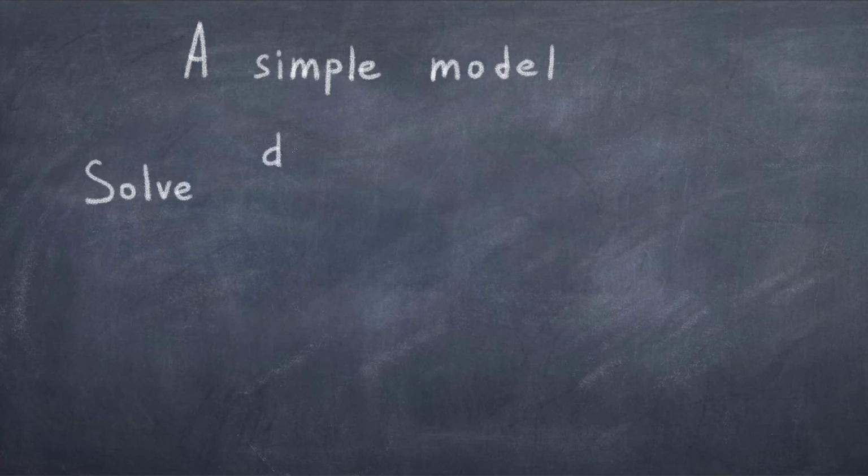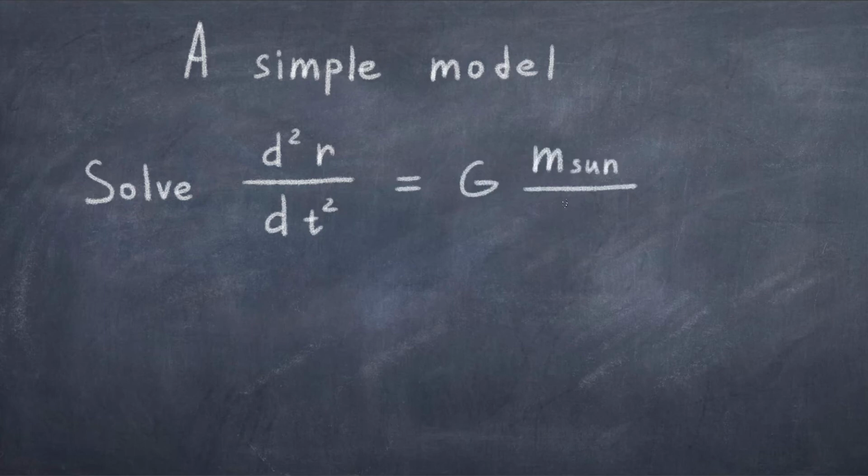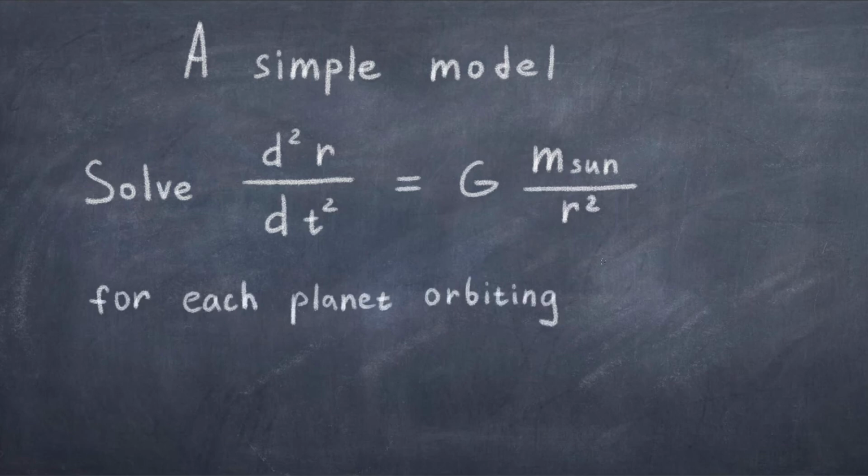As discussed earlier, our solar system has a lot of planets, and so far we've only been able to describe one planet orbiting the Sun. But actually we have done enough, since the planets in our solar system are more or less independent of each other. Thus you can just calculate the two-body problem with the Sun and each planet respectively, and this will give you a pretty good result. Thus we have just derived the physics to describe a simplified version of our solar system.